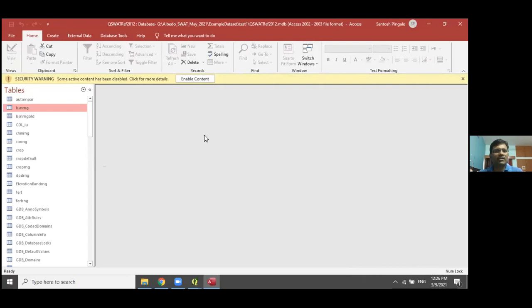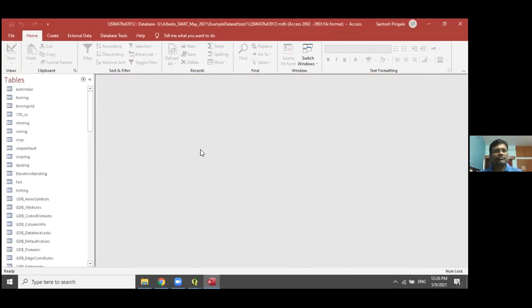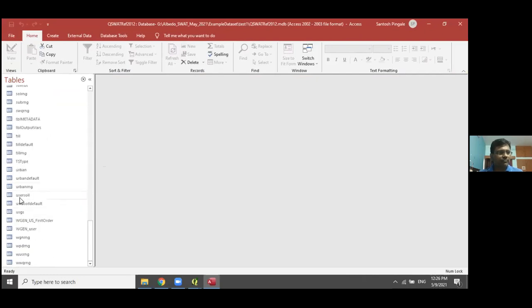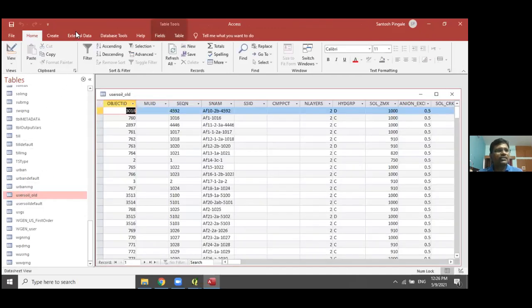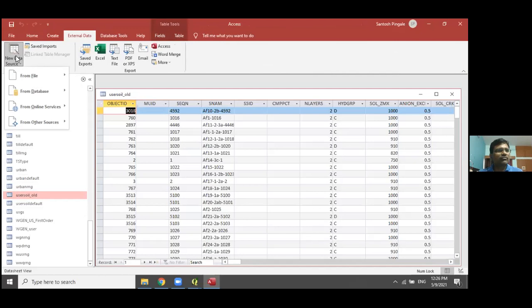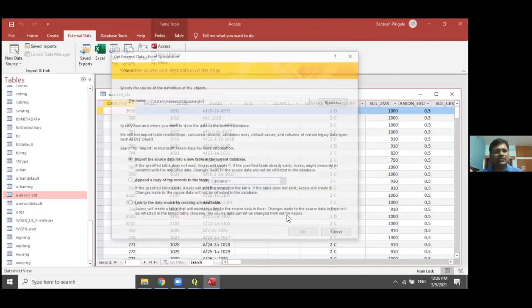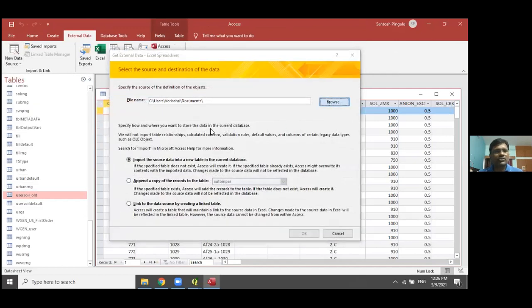Just say enable content. Then the user soil. So just rename this one to old. And just open a new file, then browse.